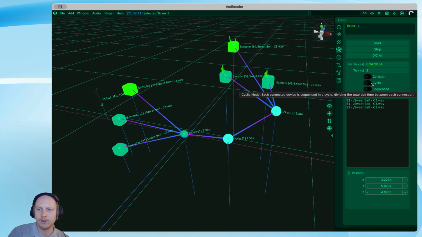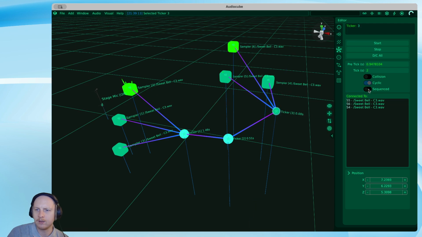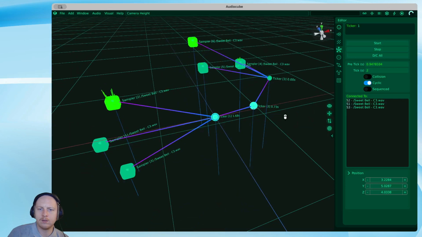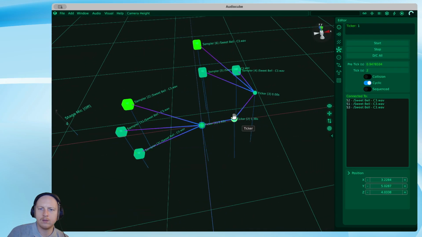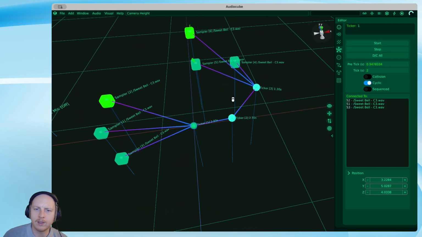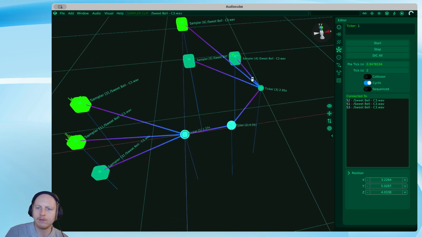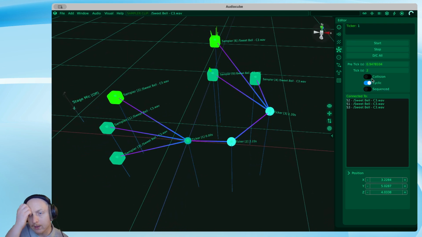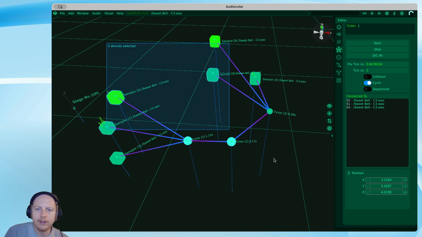And yes, I'm not showing you the full extent. So you can get a bit of generative stuff. And the other cool thing is